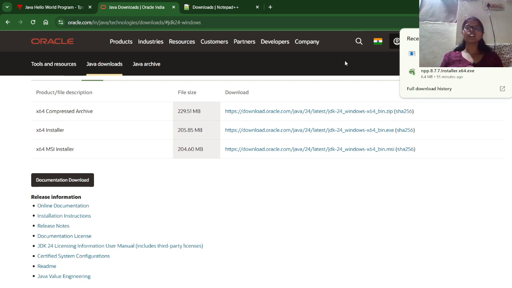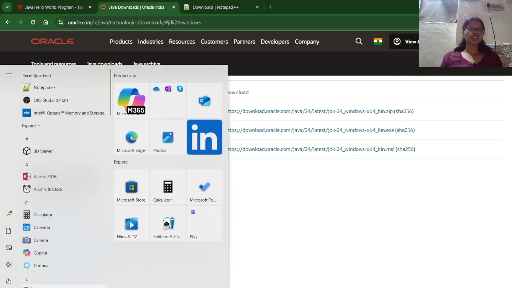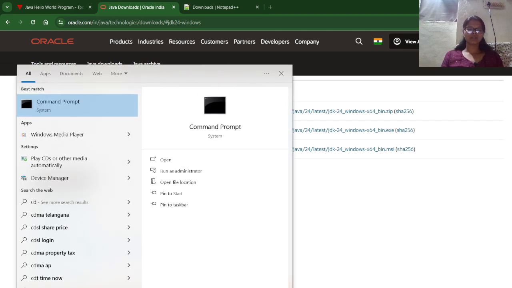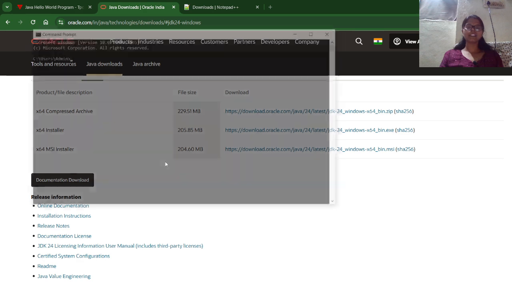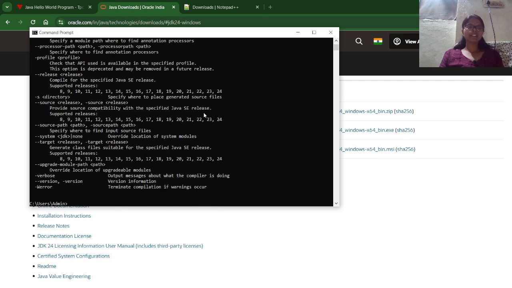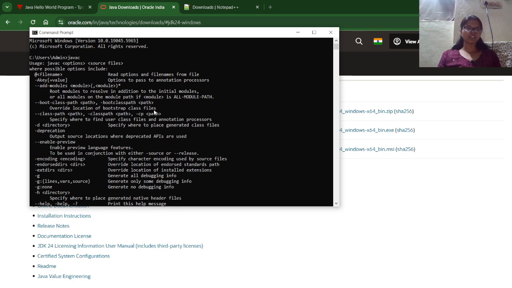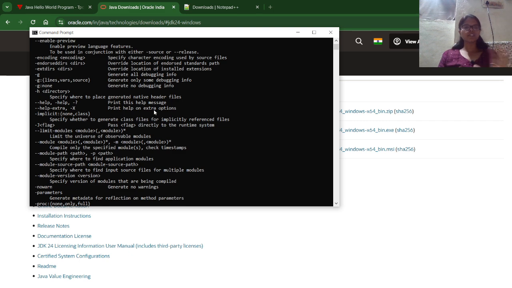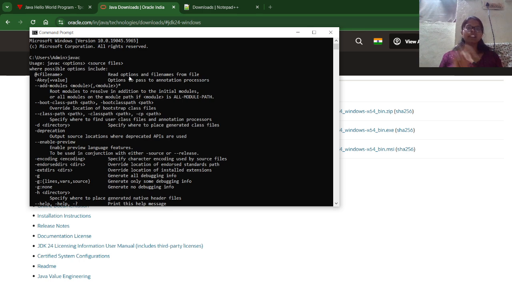After installing it, to check whether it is successfully installed or not, just go and check in command prompt. Go to the start bar, search for CMD, open it, and type javac. If it displays all the libraries which are present in Java JDK, then this indicates that JDK is successfully installed. If it displays 'not recognized as internal or external command', that indicates that your JDK is not installed properly, or else you are running this javac in another path.